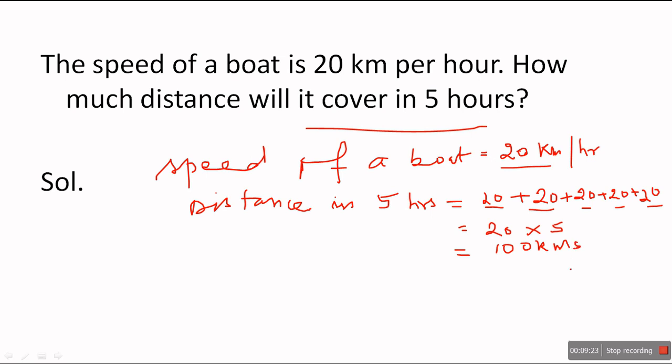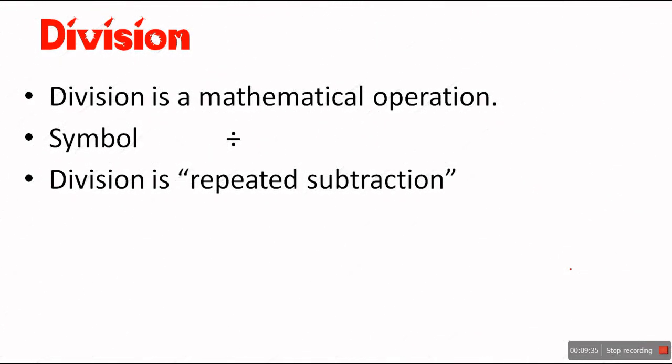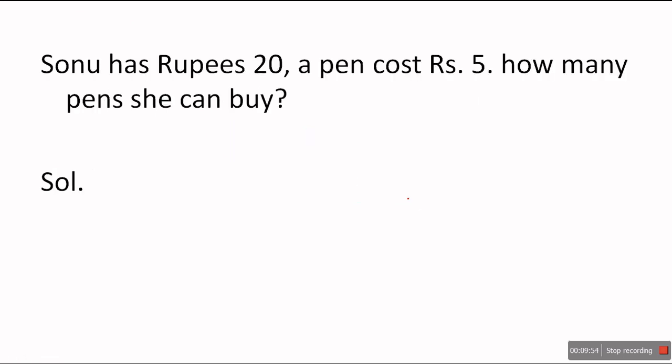So you must have observed we can use this concept, multiplication as repeated addition, in several cases. Okay, so let us move forward. Now division. Division is another basic mathematical operation, and its symbol is this one, a straight line and two dots. And division is repeated subtraction. Repeated subtraction. We are subtracting over and over again. Okay, so let us see an example of